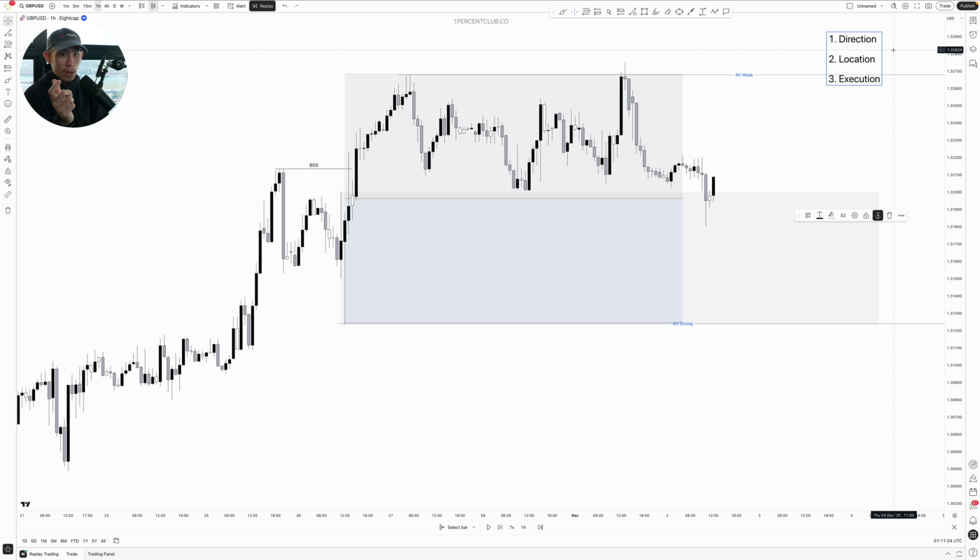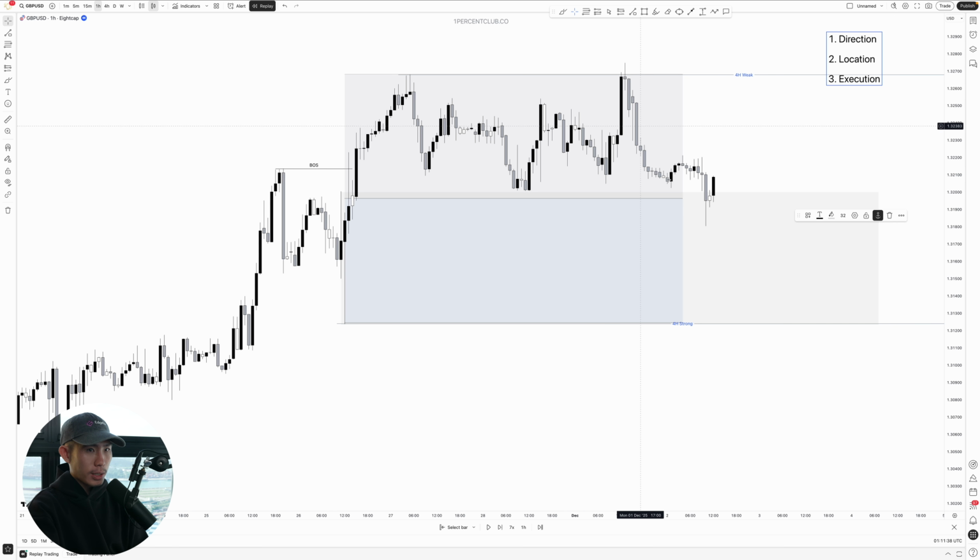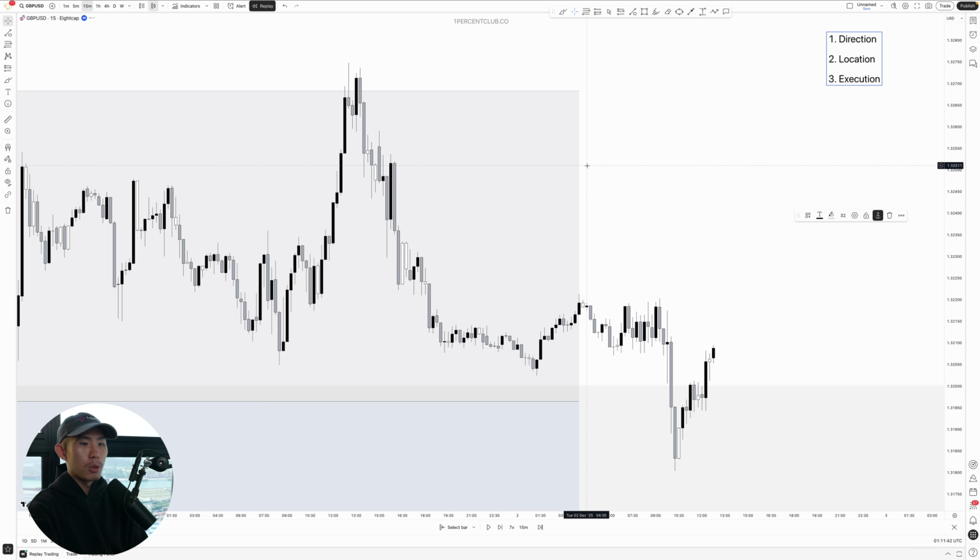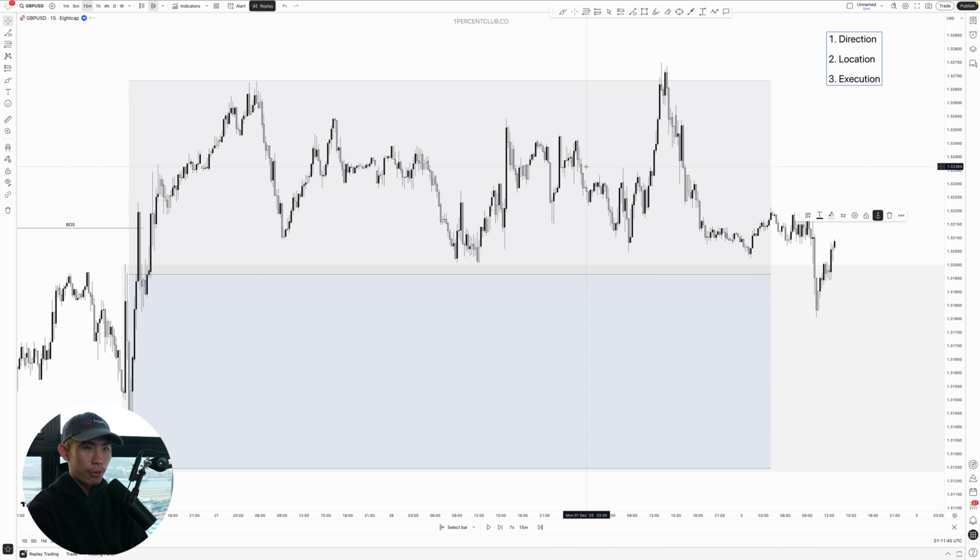So once again, we can get in at the optimal price point and have minimal downside and maximum upside. In English, that basically means how do I make a lot of money while risking a small amount of money. So once price has stepped into your point of interest, you jump down to your lower time frame, which in this case, I'm going to be using the 15-minute time frame itself.